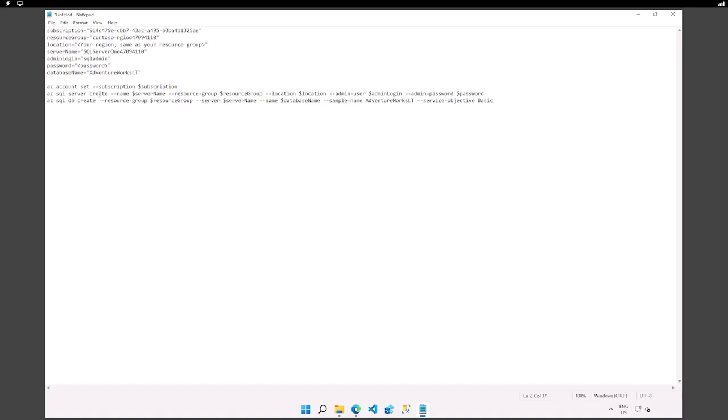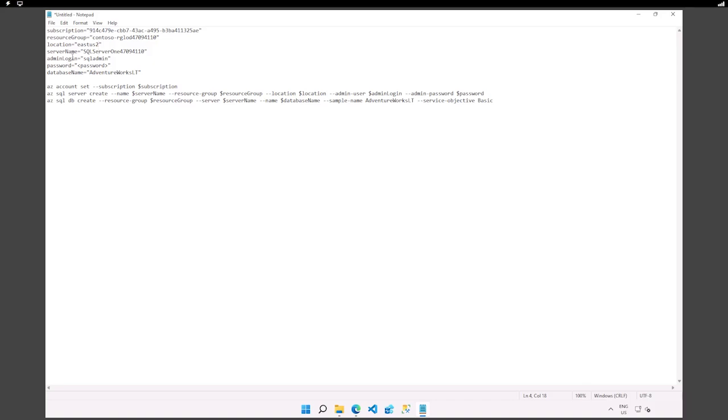All right, so we continue. We're going to go next to the location. I'm going to keep the region that is being used for the resource group, so East US 2. Now, remember, we're going to create two different server names. The first one is SQL Server 1 plus the number behind it.